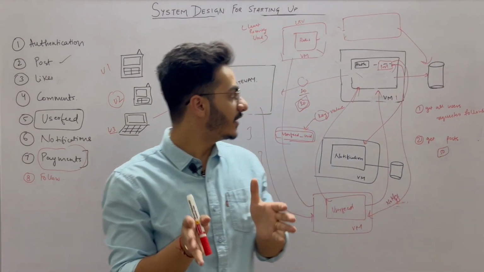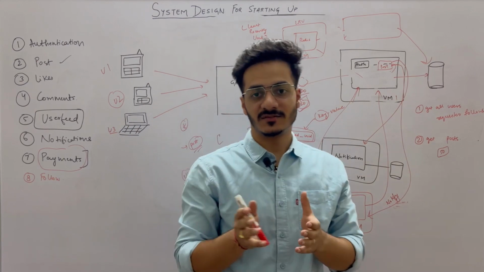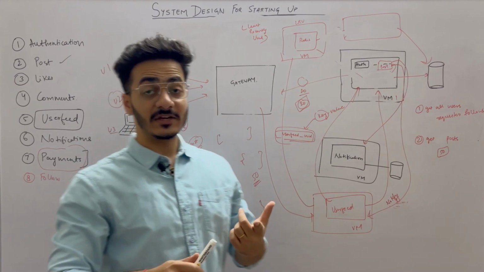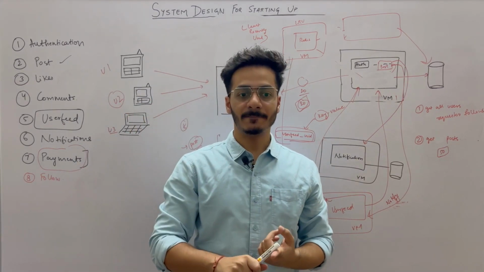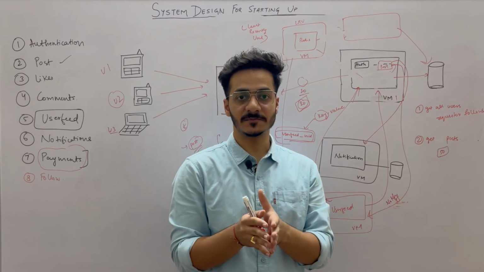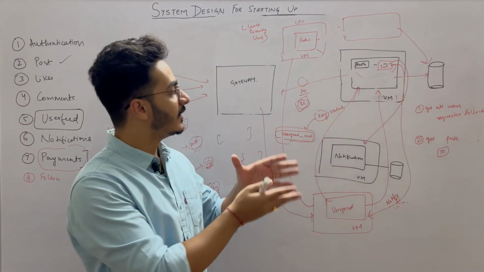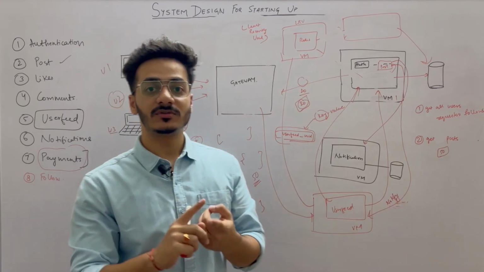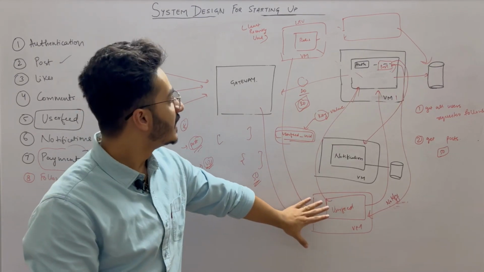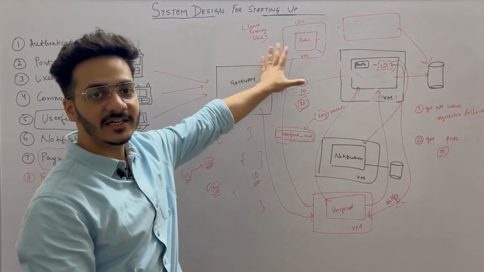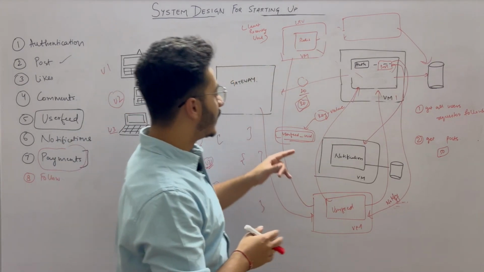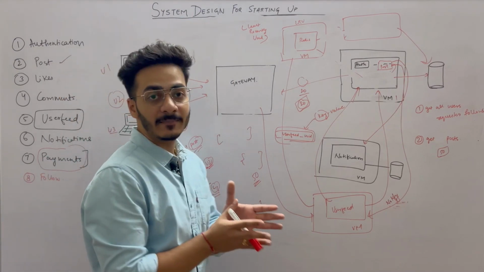So this is what I wanted to talk about in this full video of system design for starting up. I think in this video I have covered everything about how to create an MVP, all the points and edge cases that you have to take care of while designing robust and critical systems, like when we talk about the payments part. And how to scale the notification or WebSocket server, how to make this user feed service and use this least recently used caching mechanism. Also we talked about how to use push or pull mechanism and a hybrid model in case of